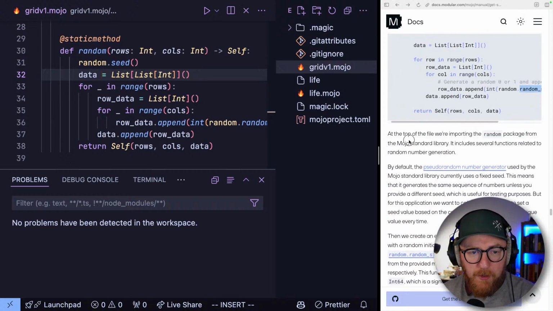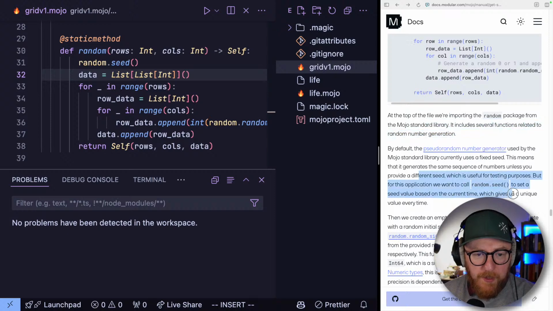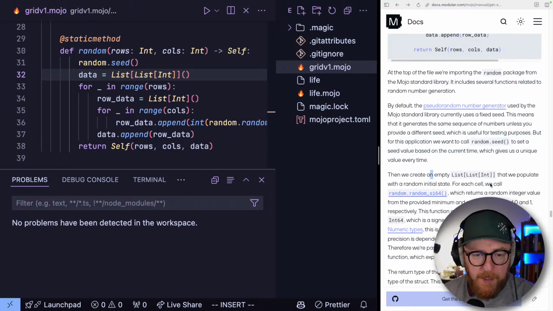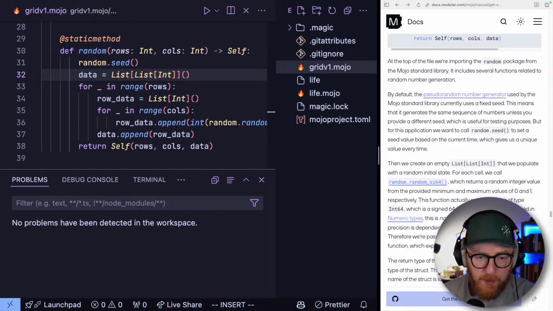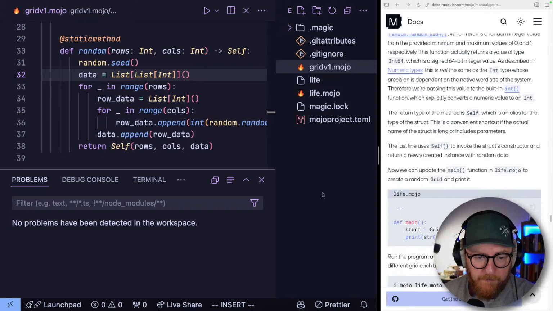Okay, so that random is the Mojo standard library random. It uses pseudo-random, seeded based on the current time, so it's a unique value every time. It takes a random integer from the minimum and maximum, 0 to 1. It actually returns a value of type Int64, so then we need to convert it to an Int and then create a self. Okay, so now